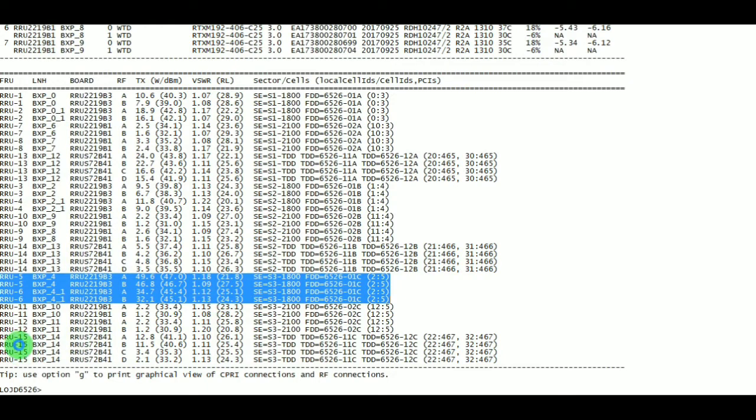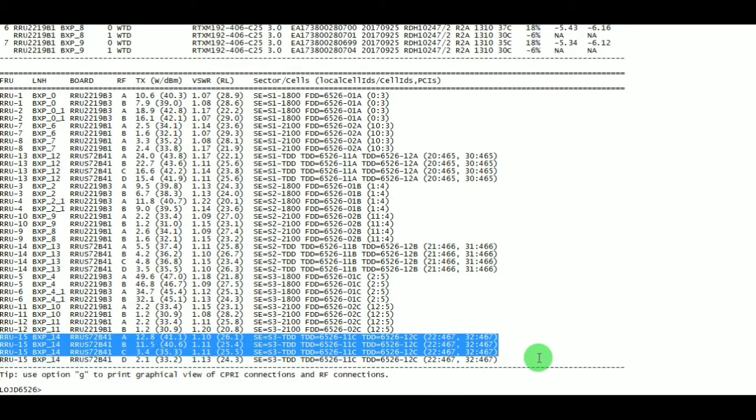Similarly, RRU number 15 belongs to TDD technology of sector 3. RRU number 13 belongs to sector 1 of TDD. RRU number 14 belongs to sector 2 of TDD, whereas RRU number 15 belongs to sector 3 of TDD.